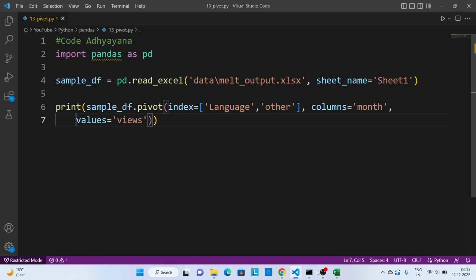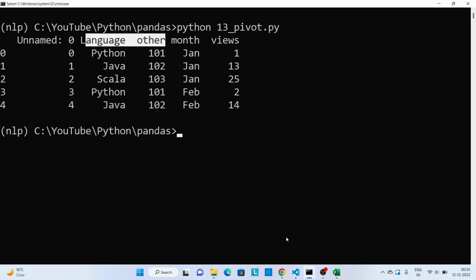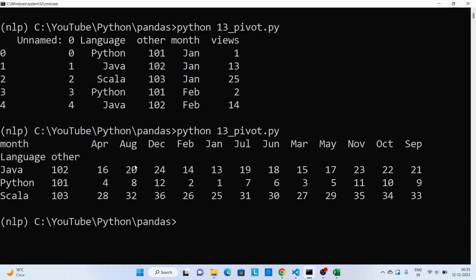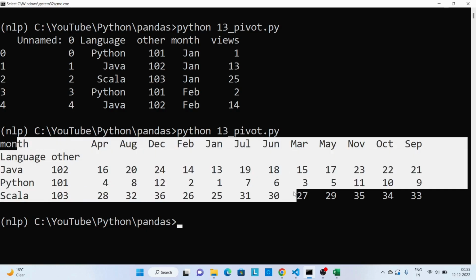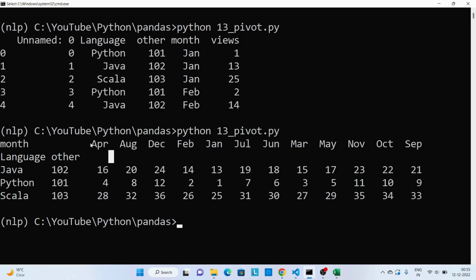Save this code. And you can see it has converted this data into this one, where for different months we have its corresponding values.